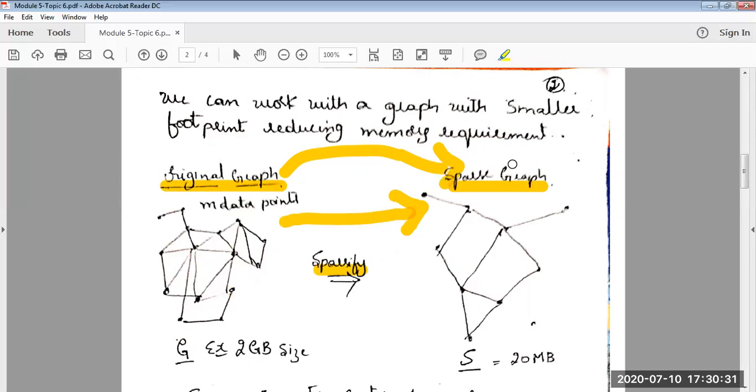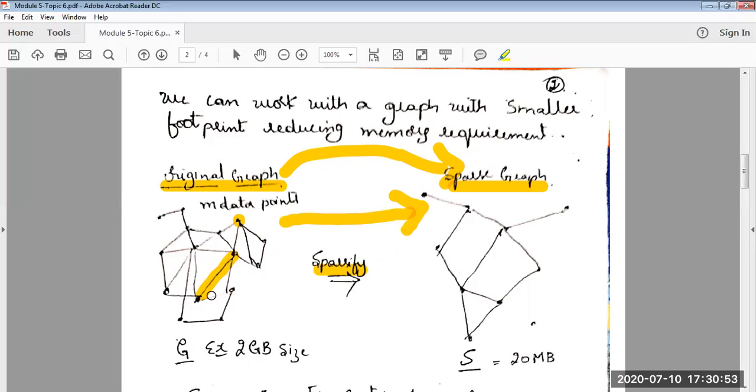That is one point. The second thing is we should try to retain the data points as much as possible. So all the data points should also carry over, but you can decide on the edges. For example, you consider this edge between 2 points.